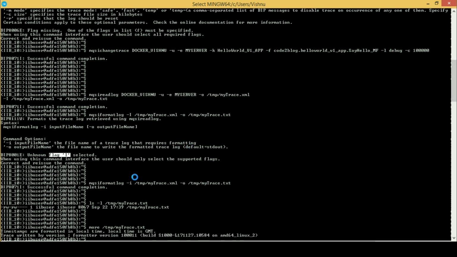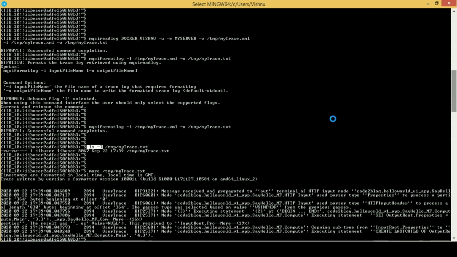Readlog captures information from the IIB runtime into an XML file. Formatlog changes the format from XML to a readable text file. Contents of the text file are shown on screen.